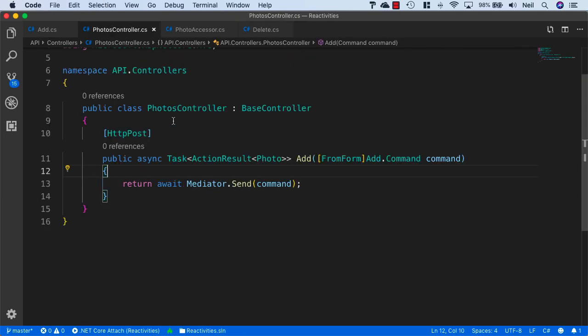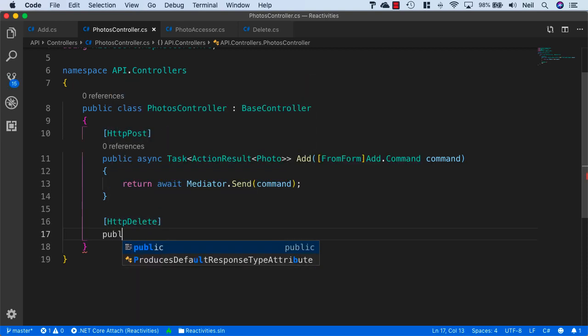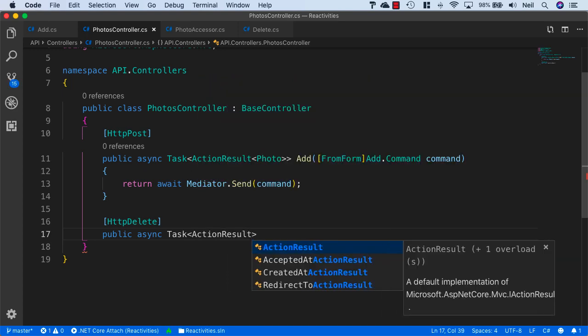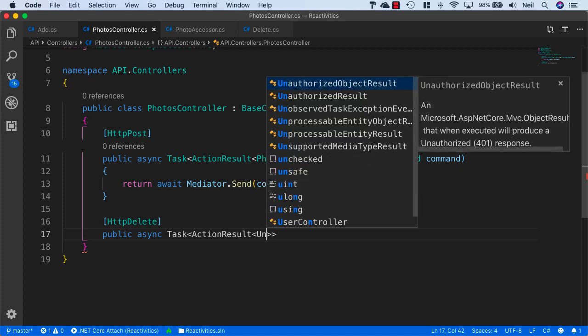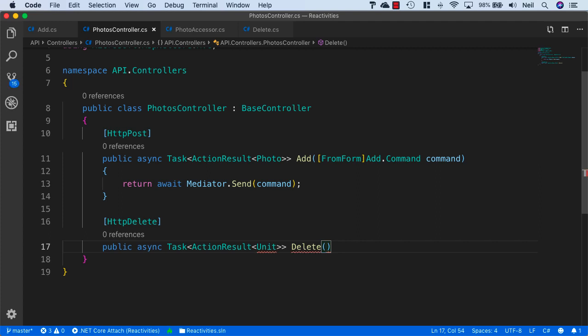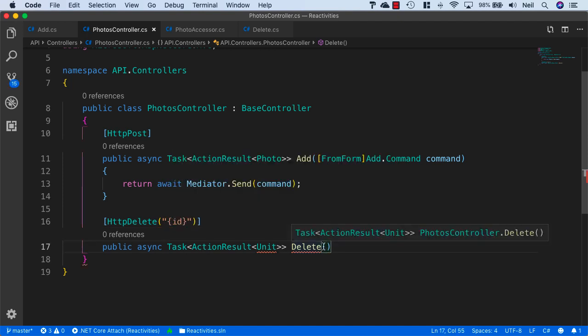And then what we can do is head over to our photos controller, and we can add an http delete, and we'll say public async task of action results, and this time we're just returning units, as in we're not really returning anything, and we'll call this method delete, and we also need the ID of the photo in here as well, so we'll specify the ID as a parameter, and we'll pass in the string of ID,